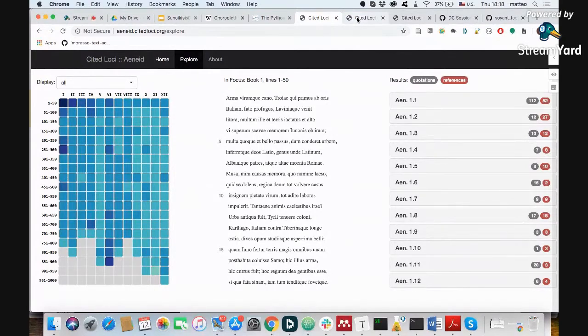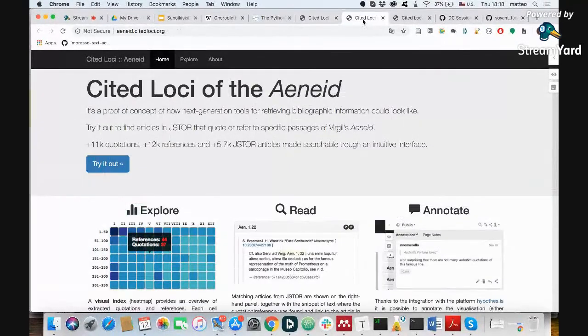It takes a moment to load. So I have already prepared in the tabs a couple of parts that I wanted to show. So first of all, what kind of data it allows you to see. What you see in this visualization is quotations and references of Virgil's Aeneid, extracted from the JSTOR corpus. So all the JSTOR articles classified as belonging to classics that quote or refer to the